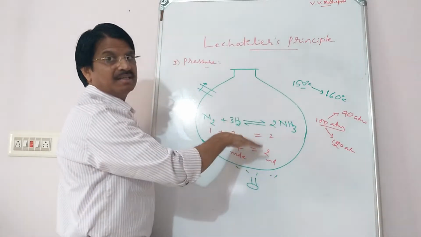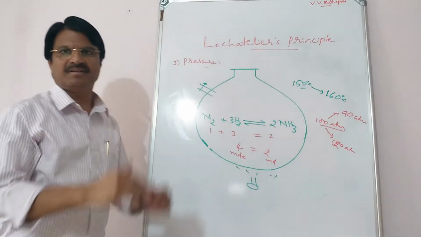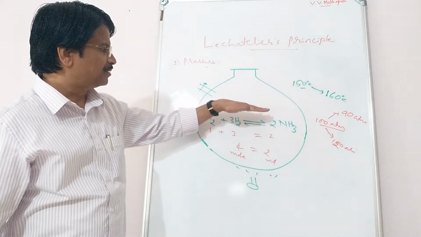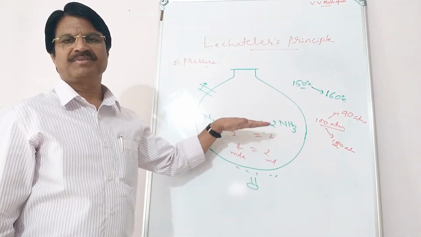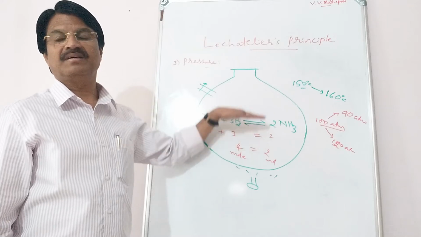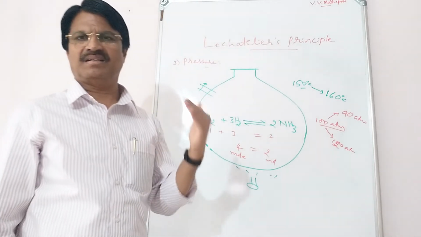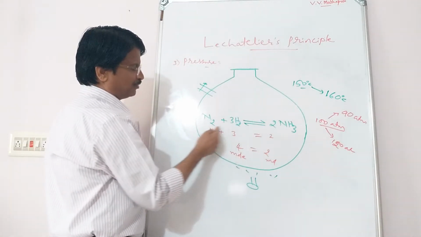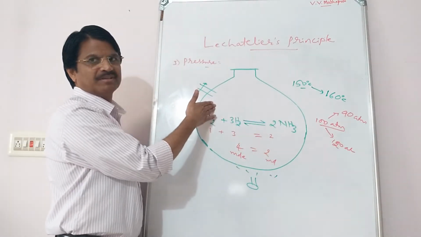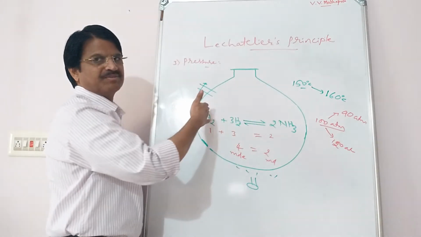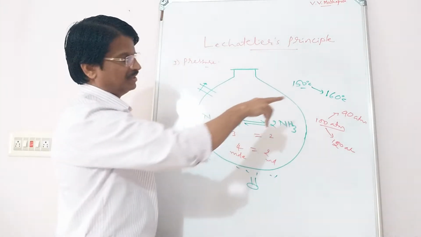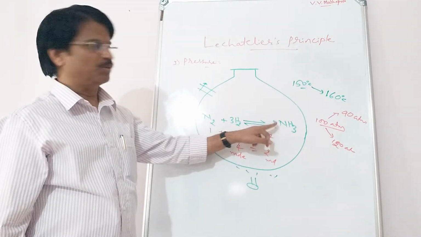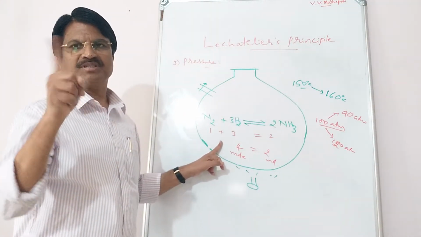Next, it attains equilibrium again to give more quantity of ammonia. When pressure is decreased at equilibrium, what happens? Instead of 100, 90 atmosphere. If pressure decreases at equilibrium, the system tends to increase the pressure by increasing the number of moles. See how it increases the number of moles, 2 to 4. The backward reaction is favored. In this reaction, the backward reaction is favored when pressure is decreased, because the equilibrium shifts towards the direction where the number of moles are more.